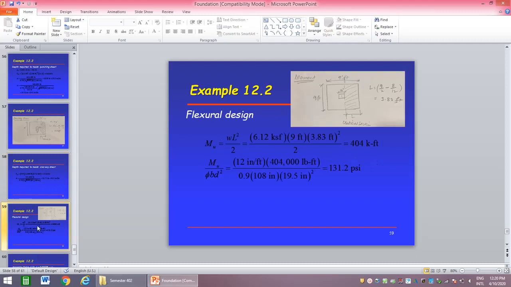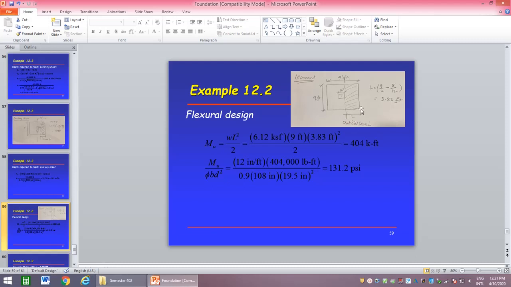Now we have to calculate the moment. For moment, we already explained to you that the critical section for the moment is the face of the column. So we have to calculate this length. This length approximately, that is 9 by 2 minus of half of column, that is 8 by 12 inches, that is 3.8 feet. Because this is a cantilever, so if soil pressure is acting here,